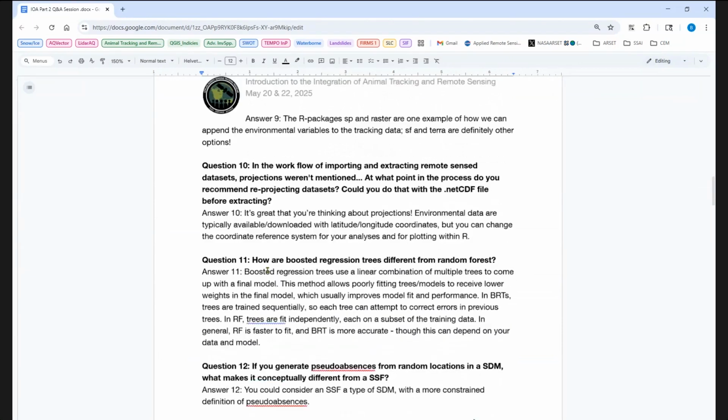Cool. All right, in the workflow of importing and extracting remotely sensed data sets, projections were mentioned. At one point in the process, do you recommend reprojecting data sets, and could you do that with the netcdf file before extracting? Yeah, this is a great question too, and I didn't really talk about it with the species